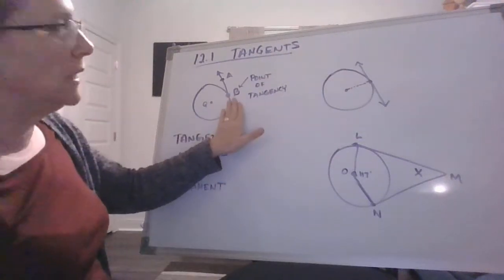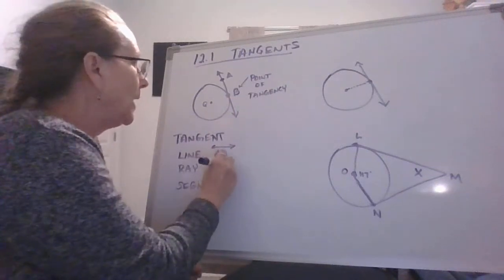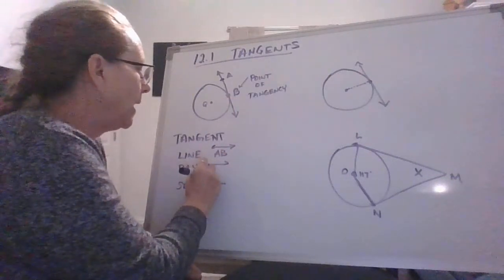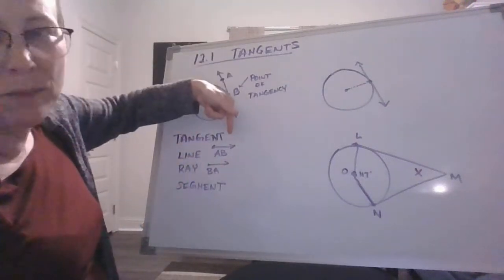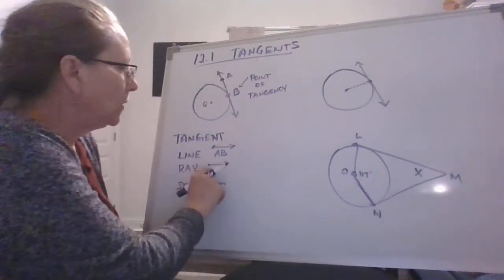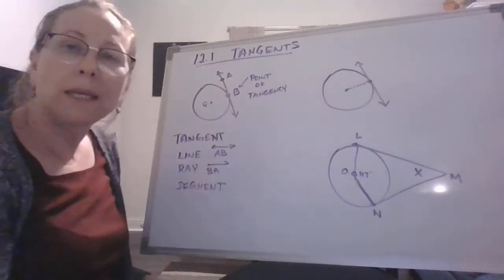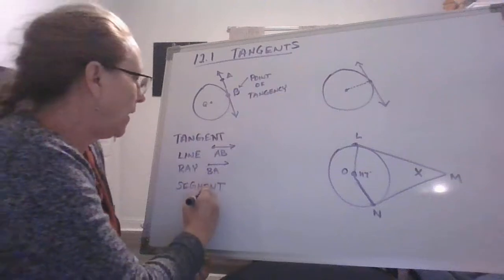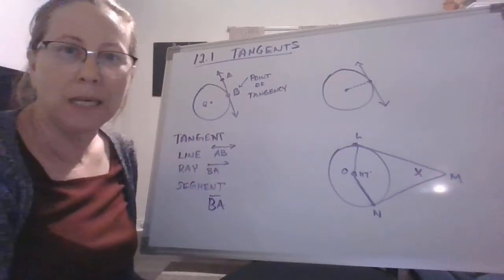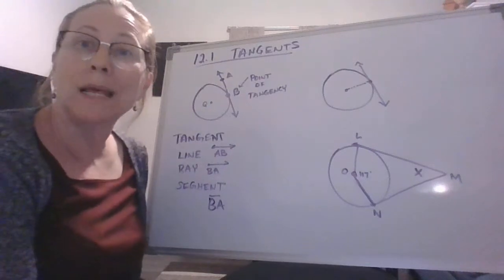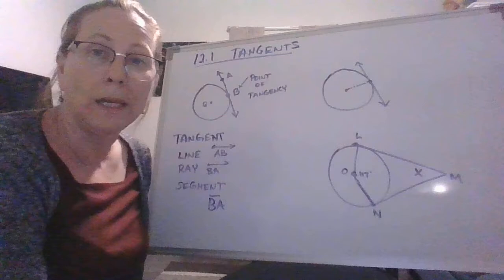If we, let's say, didn't have that second arrow, we might say it was ray BA. Or if it didn't have the line here, we could say B, but we don't have another point. So this is the easiest one to call it, BA. Or we could name it a segment. We could also have a segment BA or AB. All of those would be considered a tangent because they touch a circle at only one point